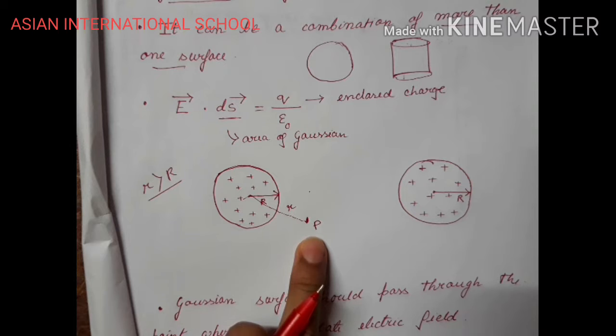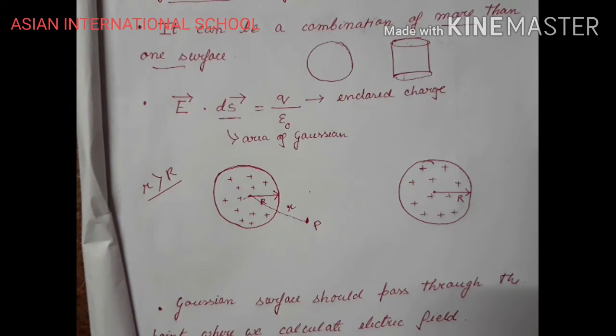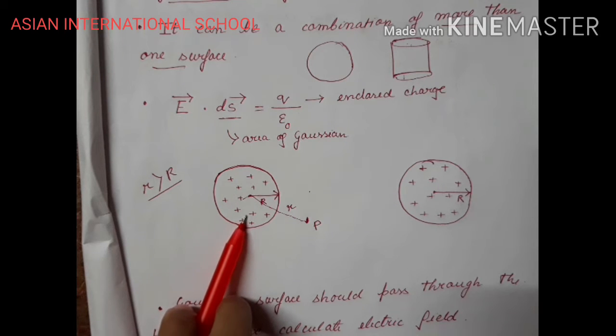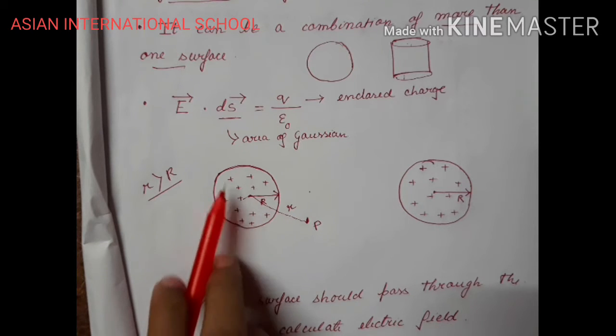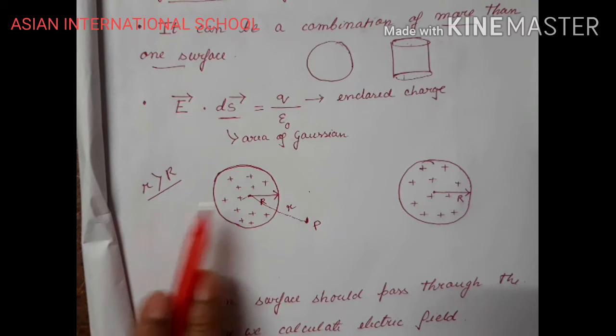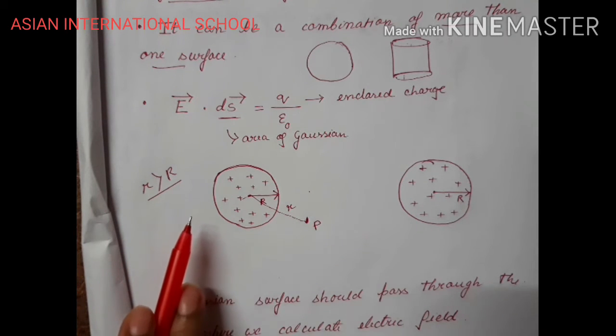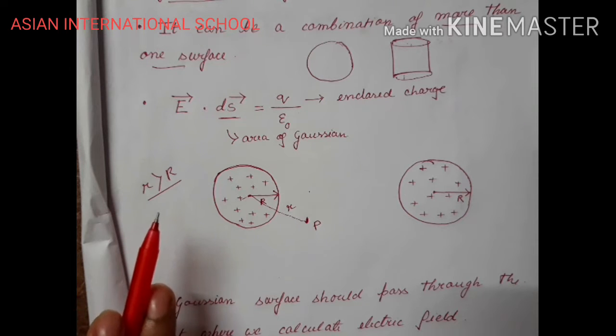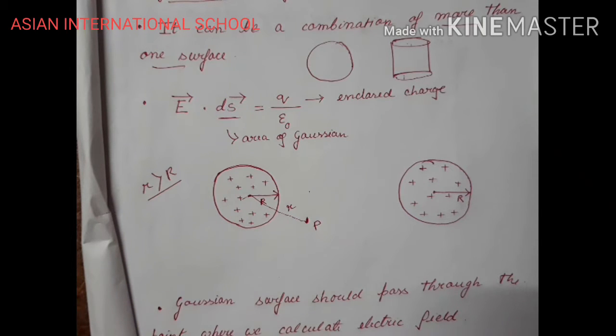So what should I do? I need to draw a Gaussian surface, an imaginary surface, and remember, while you draw your Gaussian surface, how will you determine it? For a sphere, the most symmetrical or the most clever decision will be to draw a sphere. If I put this sphere inside another imaginary sphere, that will be the best decision to make for my Gaussian surface.